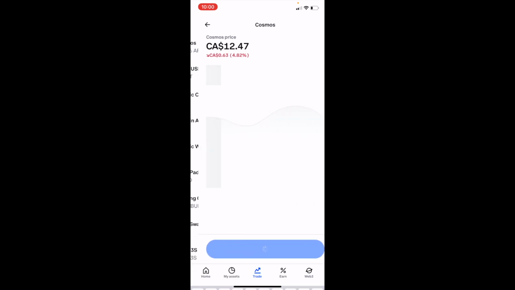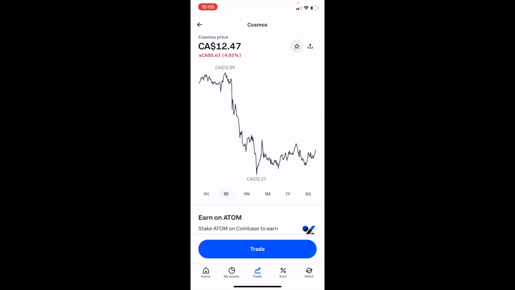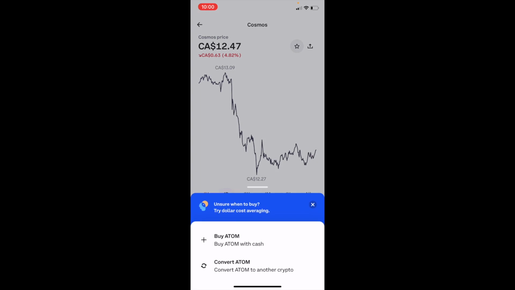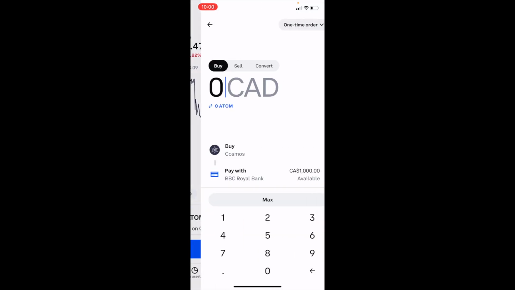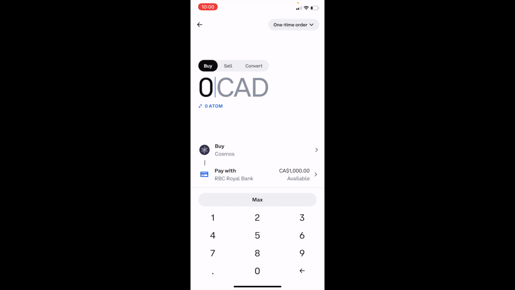Press on Cosmos right here. Then once you're on this screen, go to the bottom and press on trade and then press on buy ATOM or buy Cosmos with cash. Once that is done, type in the amount that you want to invest into Cosmos. So if I just wanted to do $2, for example, I'll just press on 2 and then press on review